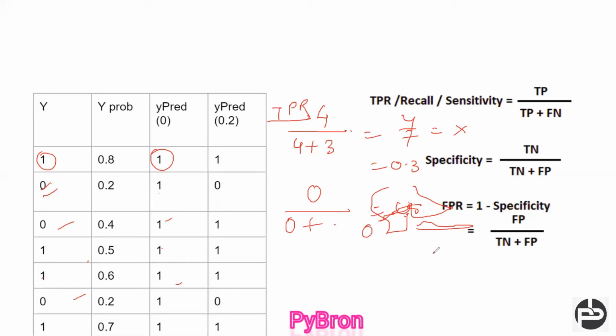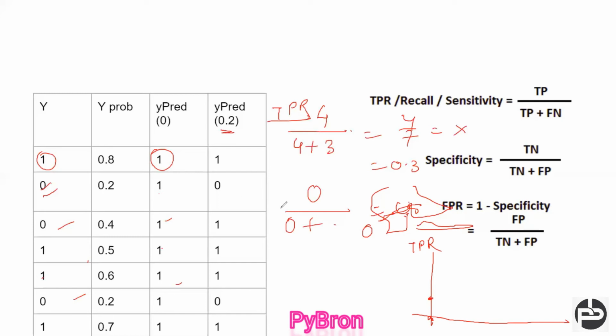So now I'm going to plot this graph. This is the TPR and FPR. You got it? So we are going to keep TPR on the y-axis, and FPR I'm going to keep on the x-axis. So what is the FPR? My case is 0, and my TPR is 0.3. 0.3 will come like this. Okay, we point this. Similarly, you can do it for the prediction at 0.2.